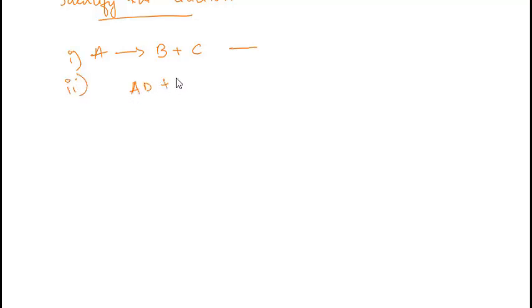We have a few more questions here. Let us go one by one. One of the questions is to identify the reaction. This type of question is also seen in your examination. They give a few reactions, and you have to identify which kind of reaction it is. So A plus B gives rise to C plus D. What kind of reaction is this? And second, AB plus CD gives rise to AD plus CB.